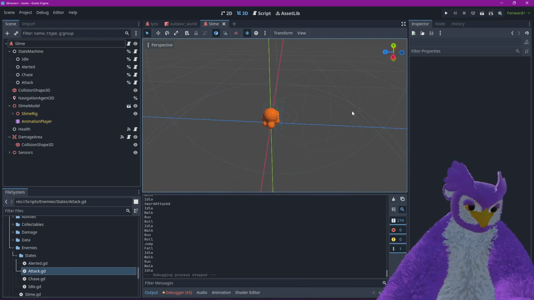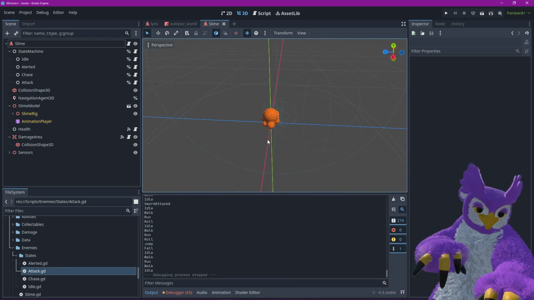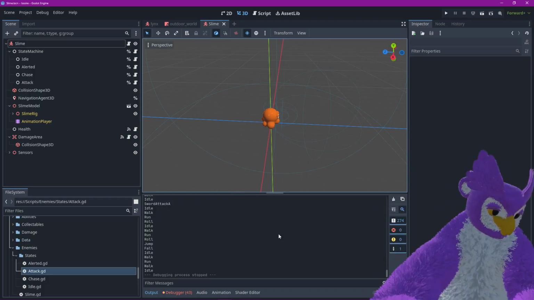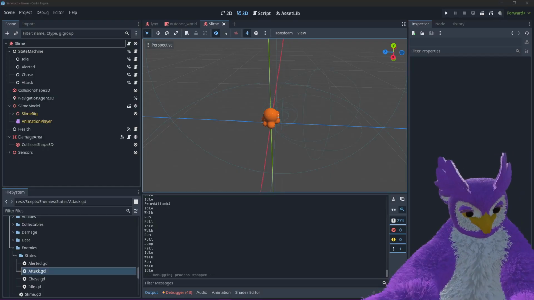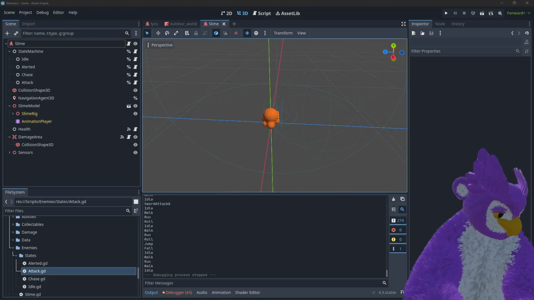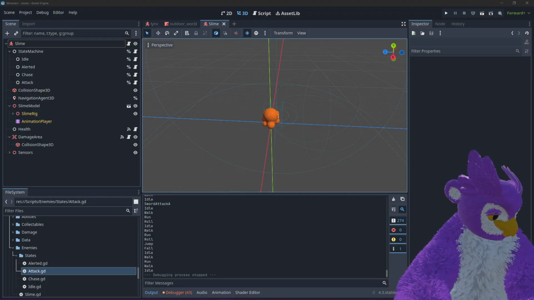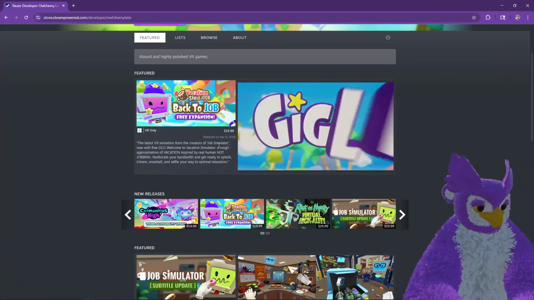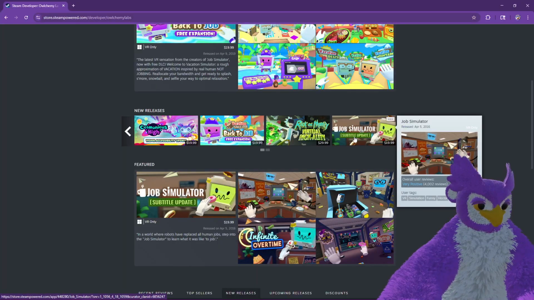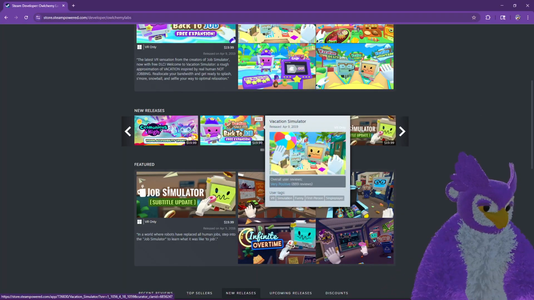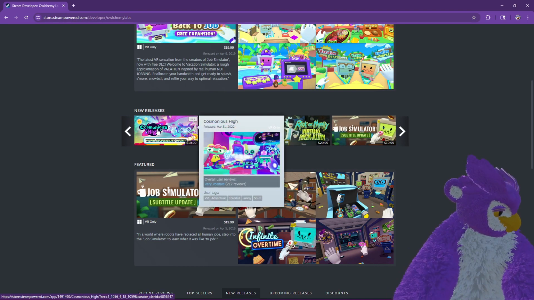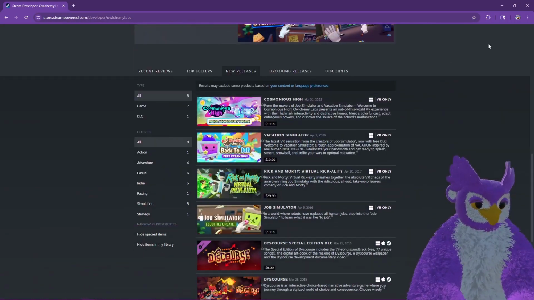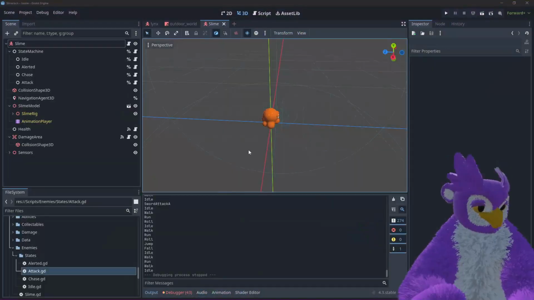Yeah, I've been jumping back and forth between engines. I made my VTuber guy in Unity, and I used to work at Alchemy Labs, so I worked on, let me show off for a second, Job Simulator, Rick and Morty VR, Vacation Simulator, and a little bit of Cosmonious High. I left before that one launched. So I have a lot of experience in Unity, specifically doing VR,